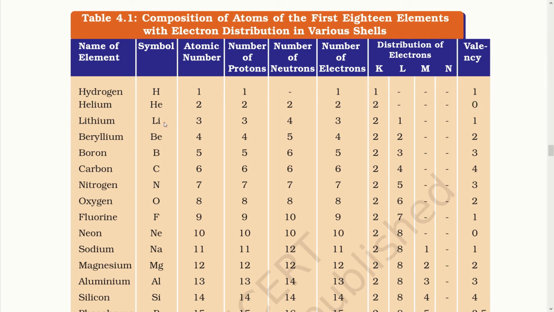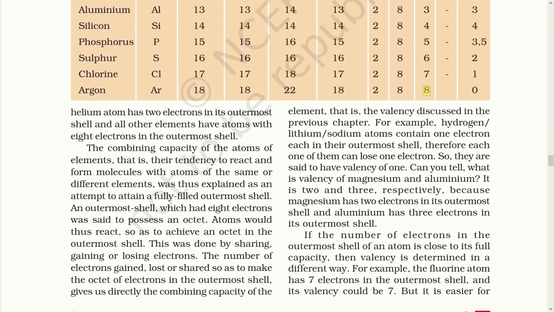While talking about lithium, lithium's atomic number is 3. That means its electrons number 3. In the first orbit, it will accommodate 2 electrons, while in the second orbit, it will accommodate 1 electron. The 1 electron that is in the outermost orbit is called the valence electron of the given element. So, those which are not octet elements will react to achieve an octet in the outermost shell.